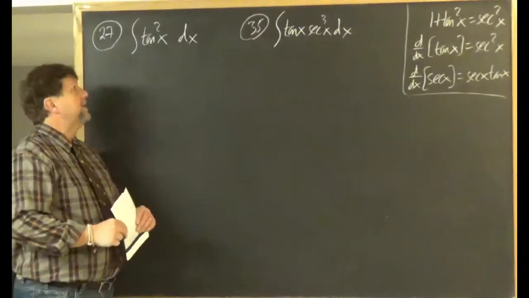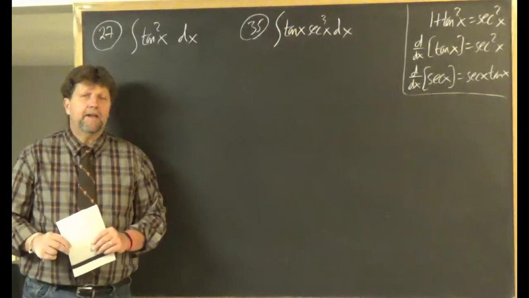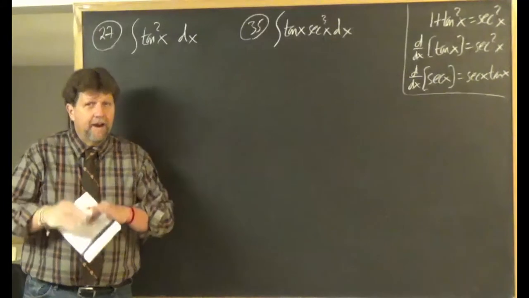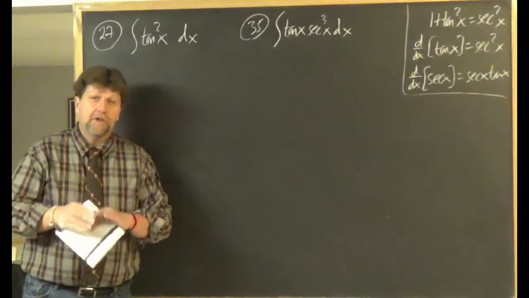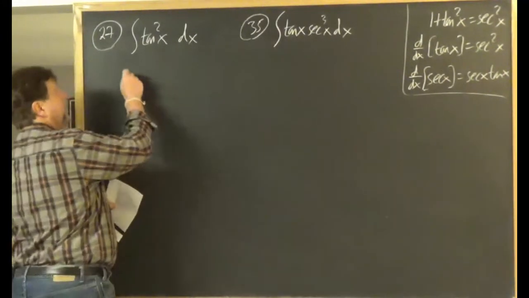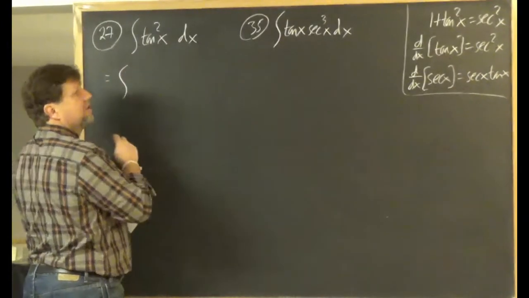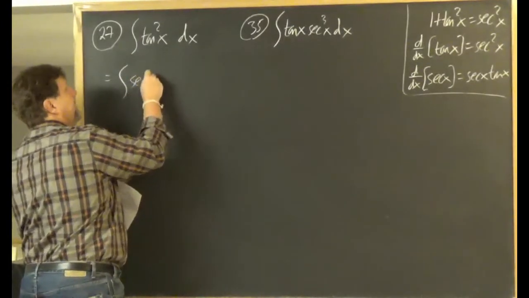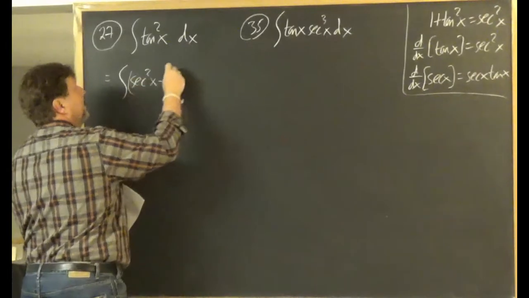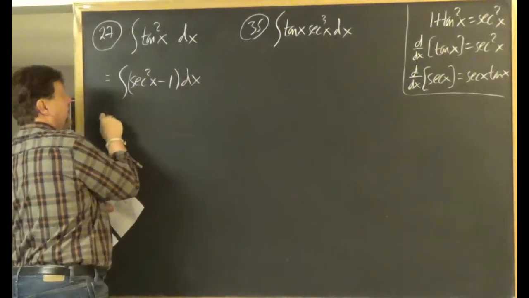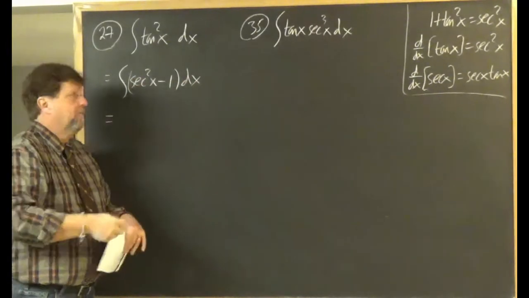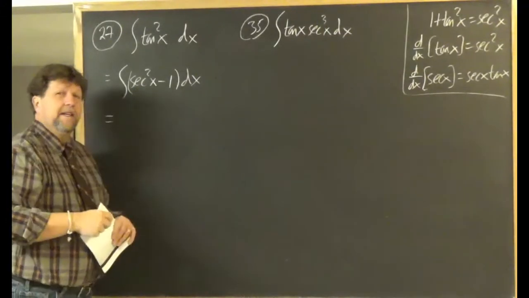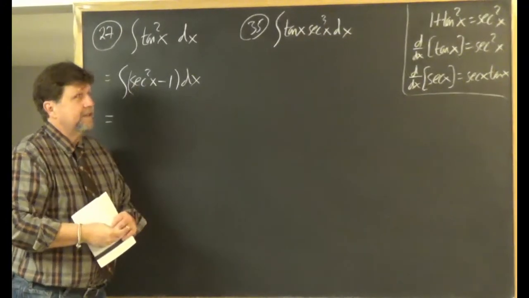All right, number 27, you were asked to integrate tangent squared x dx. This is actually a very, very friendly problem. If you just use the Pythagorean identity and rewrite tangent squared as secant squared x minus 1, the calculus is just one step. The antiderivative of secant squared is